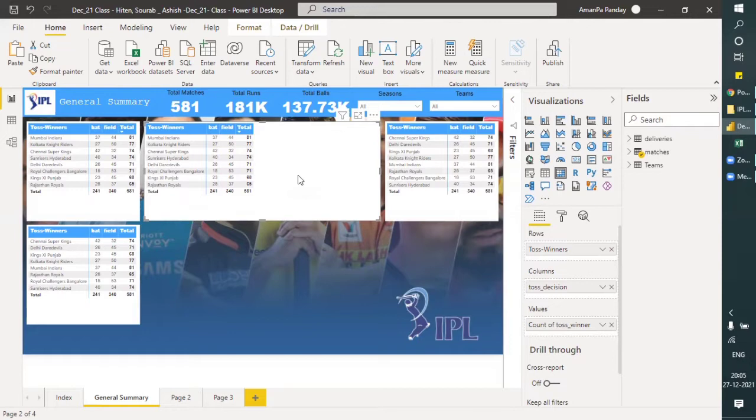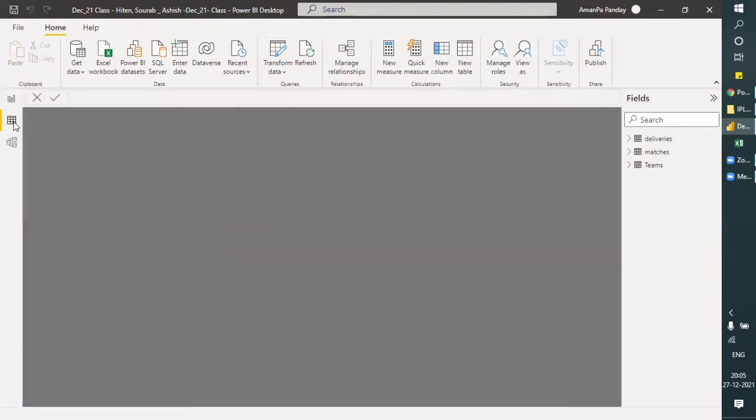to do that DAX, first of all, there are two simple ways to add any data in Power BI Desktop. I'm not talking about Power Query, through which we go and transform the data. I'm not talking about that. I'm just talking about this Power BI Desktop. Okay, there are two ways you can add the data.